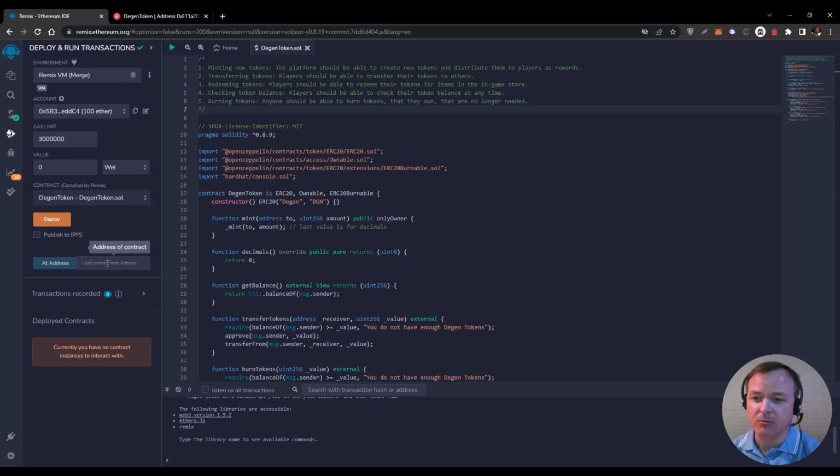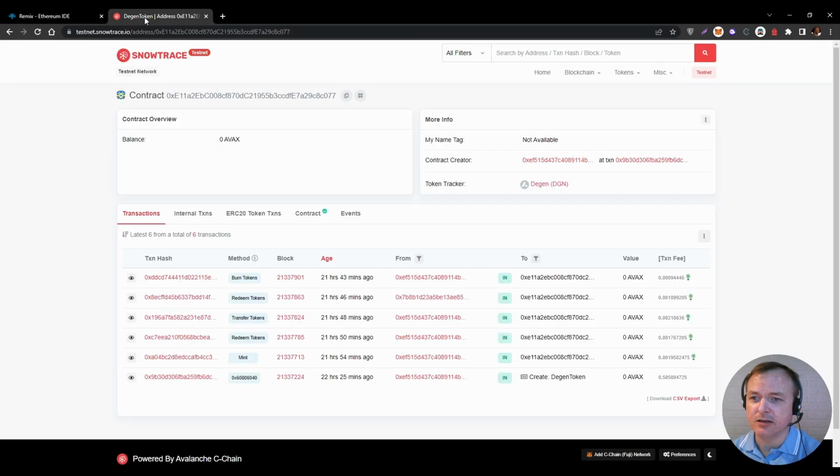Or you could put an address in here, and then it's just going to load the contract from that address, right? Which is exactly what we're going to do in this instance. So what you're going to need to do is get your contract address, if you decide to do this yourself,